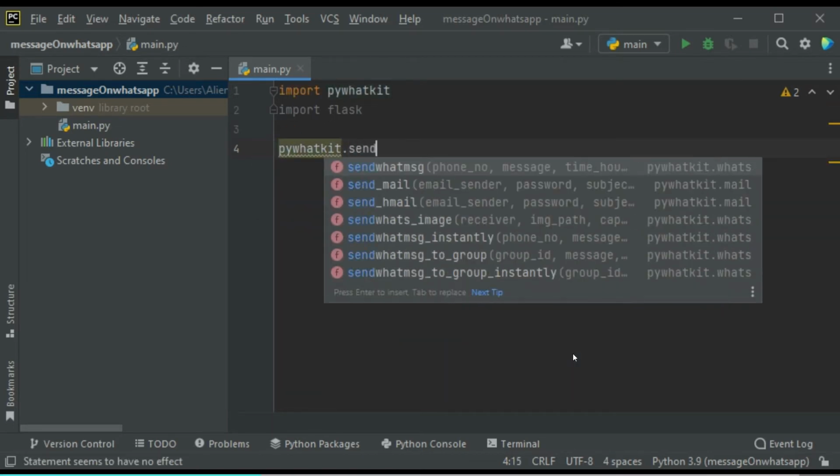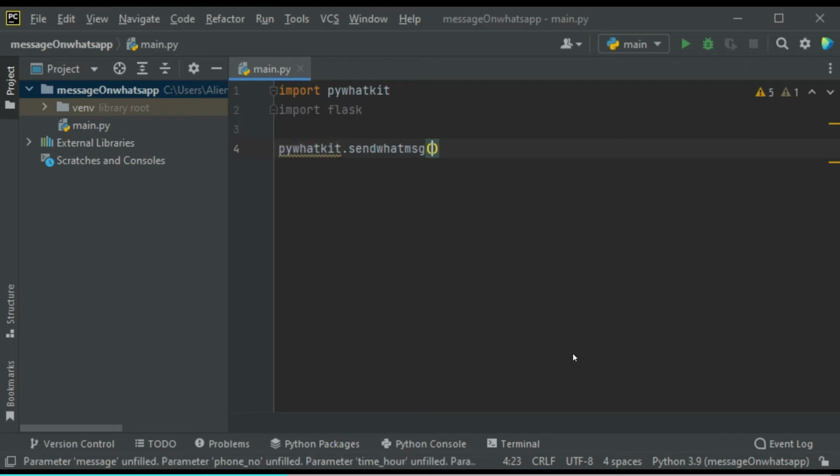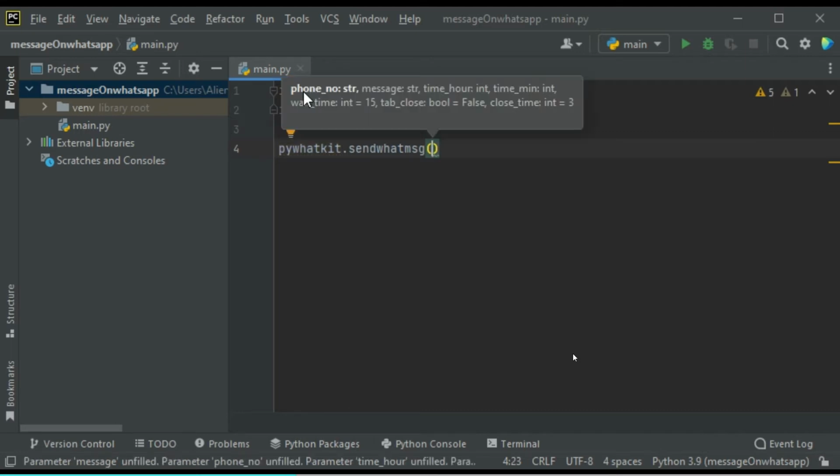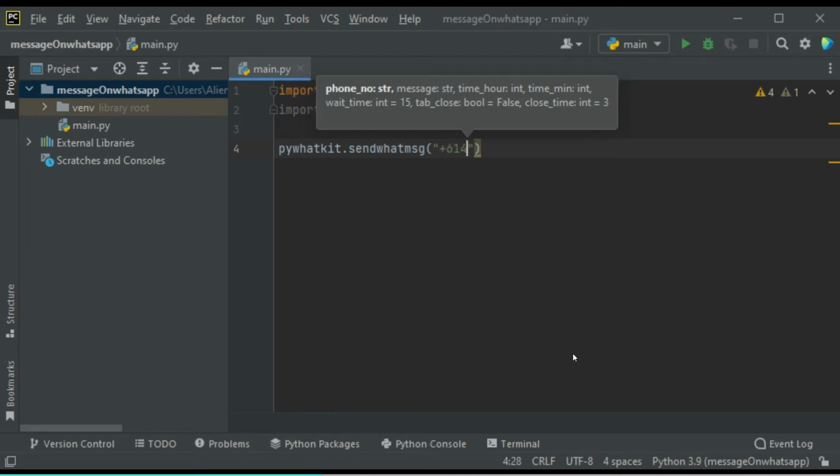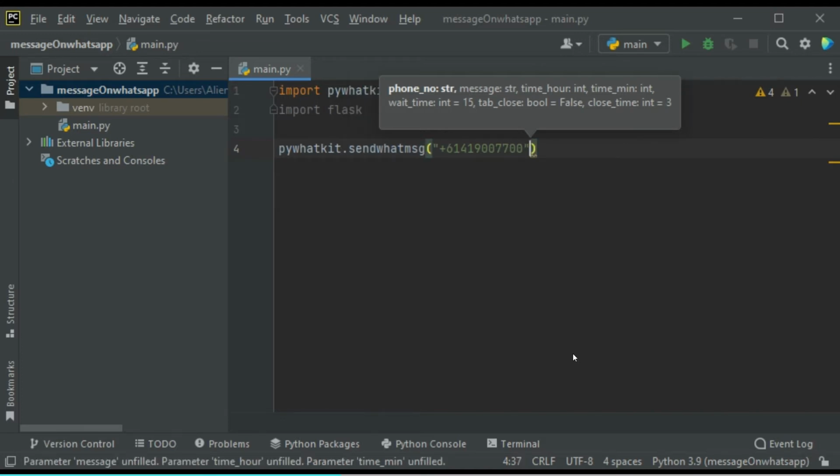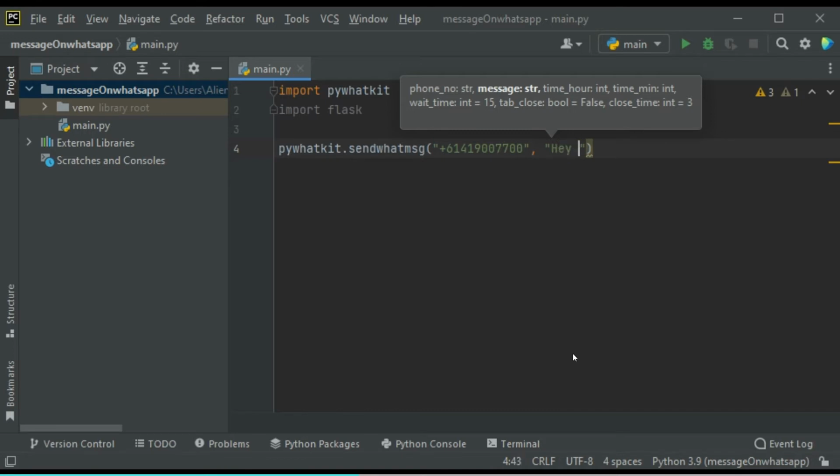dot send message, send message, and go to number 6177720. So this is my boss's number. I'm gonna say, hey,